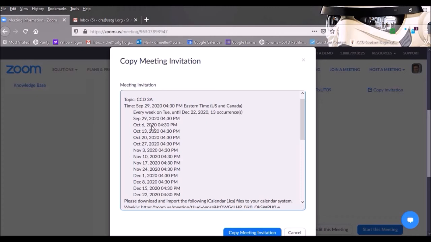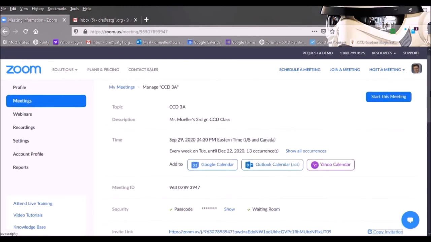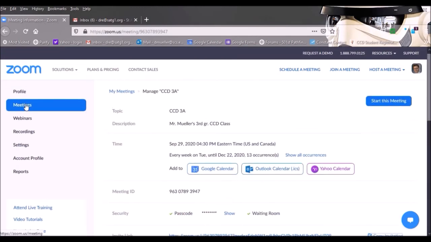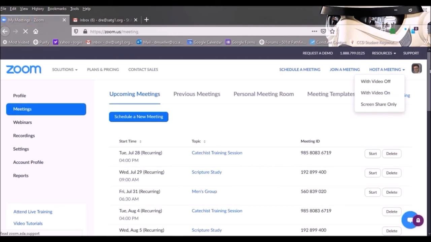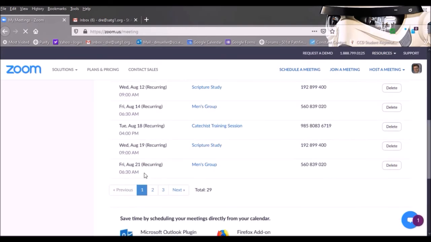We're not meeting on the first Tuesday of the month, and yet here we have October 6th, November 3rd, and December 1st. We need to get rid of those dates. So if we come down here and we click Cancel, and we come back over here and click Meetings, this is going to bring us back to all of our meeting page. And if we scroll down to all of our meetings,